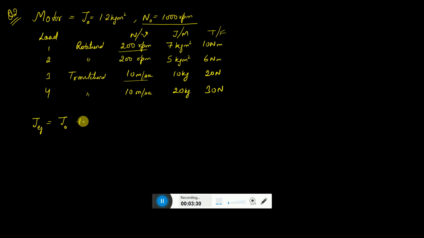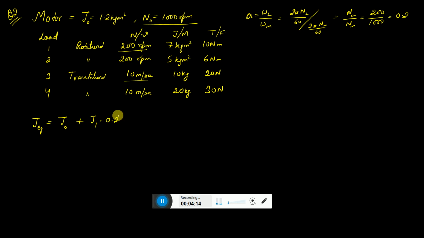So we can write J0 plus, and for every load we will say J1, and we can also write A equal to omega L by omega M. If I write 2 pi N L by 60 divided by 2 pi N M by 60, it is nothing but N L by N M, which equals 200 by 1000, that is 0.2, correct? So this value is 0.2 square